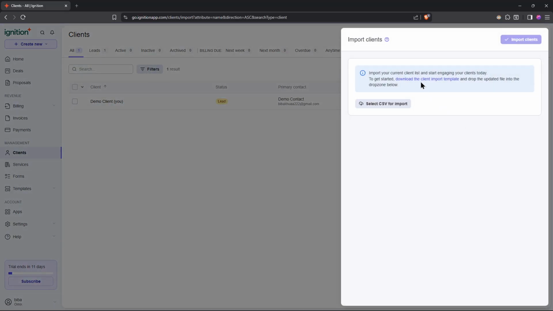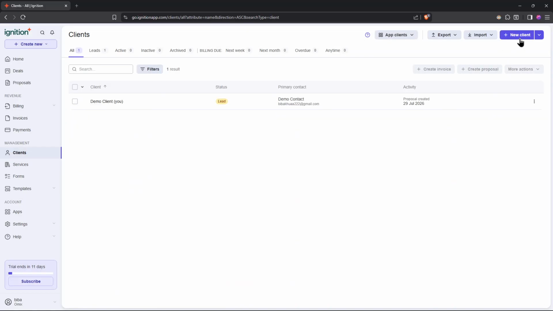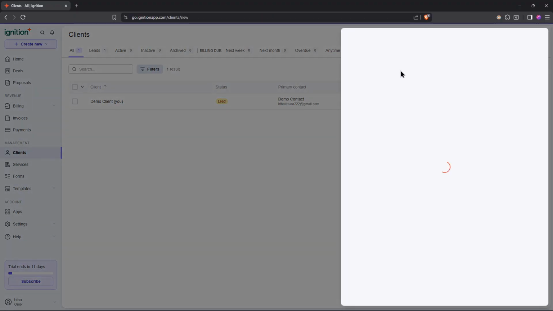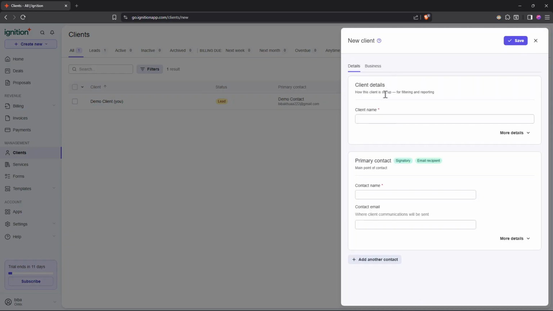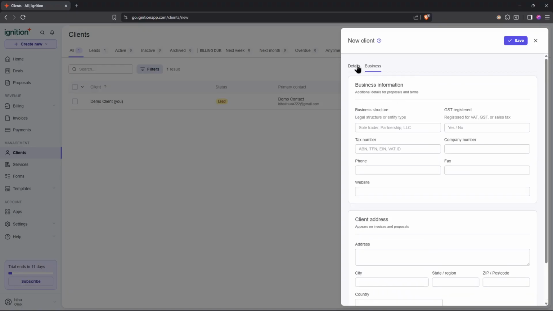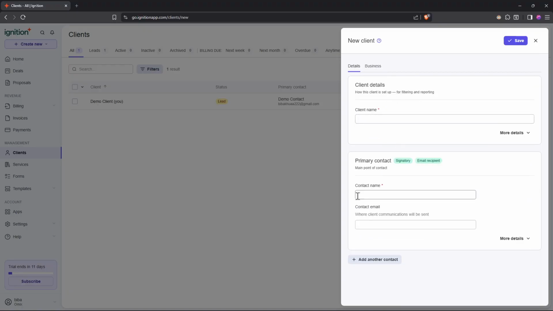Of course, if you choose that, they will give you, as an example, a client import template. Just follow that template and you should be good to go. Then if you want, you can either add a new clients group or just add a client. If you're adding a simple client, simply enter their name and company, as an example. You'll find business information and details like the name, contact name, and contact email. So add those